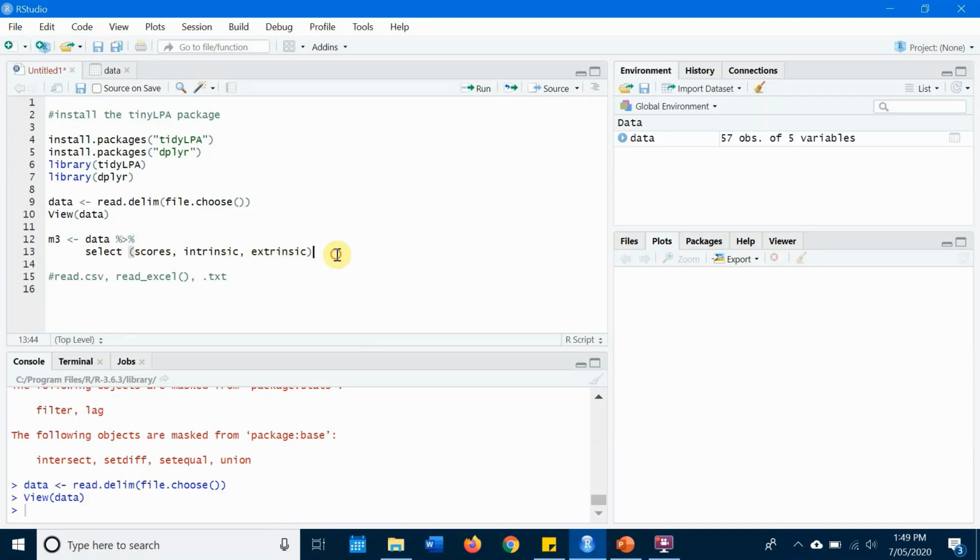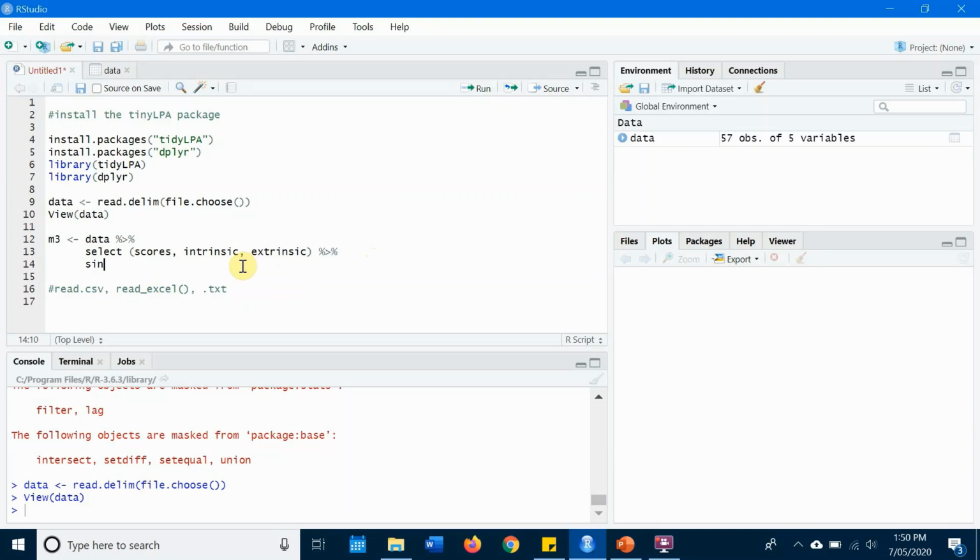You have to use this symbol because it belongs to the package dplyr. It helps to pass the result from the previous step to the next. You must use this for this analysis. After we select the 3 columns that we're going to use in this analysis,